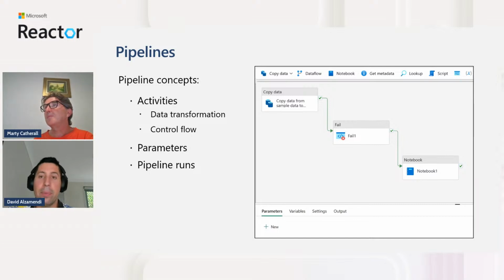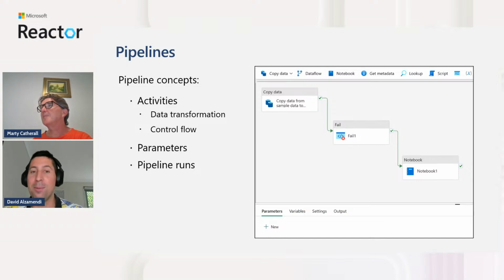Here on the screen, this is a sample of an Azure Data Factory pipeline. What you're seeing here is basically just 3 different steps. It's a really easy pipeline. The first step is going to copy some data from a source system into OneLake, or maybe you want to copy data within OneLake. The second step is going to always fail.